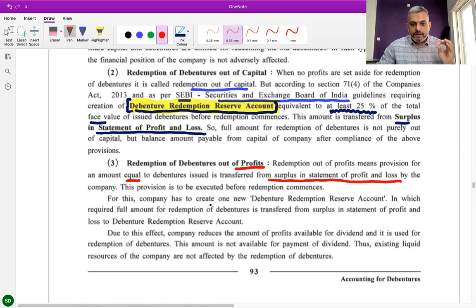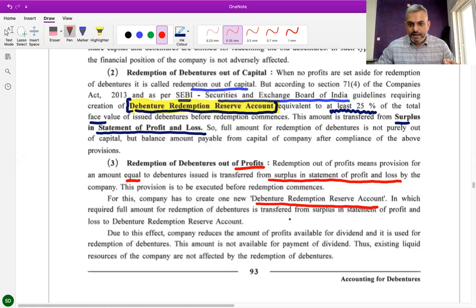Now, for this, the company has to create a new debenture redemption reserve account. So, when we are redeeming out of profit, then an amount equal to the debentures issued, that amount which we are going to redeem, will be transferred to the debenture redemption reserve account from where? From surplus, यानी जो हमारे पास profit है, surplus in the statement of profit and loss, in which required full